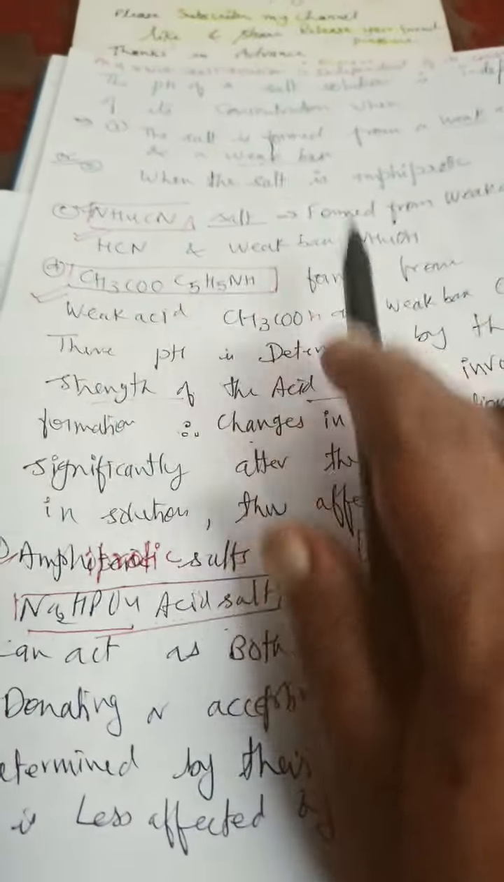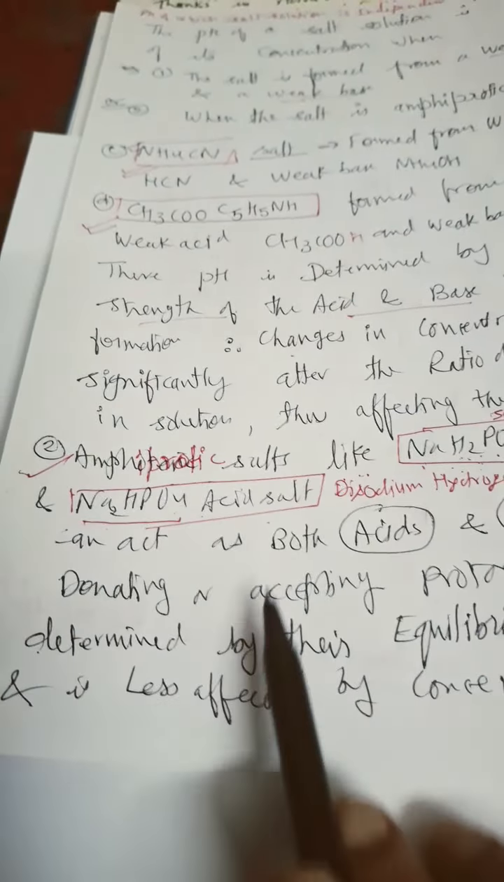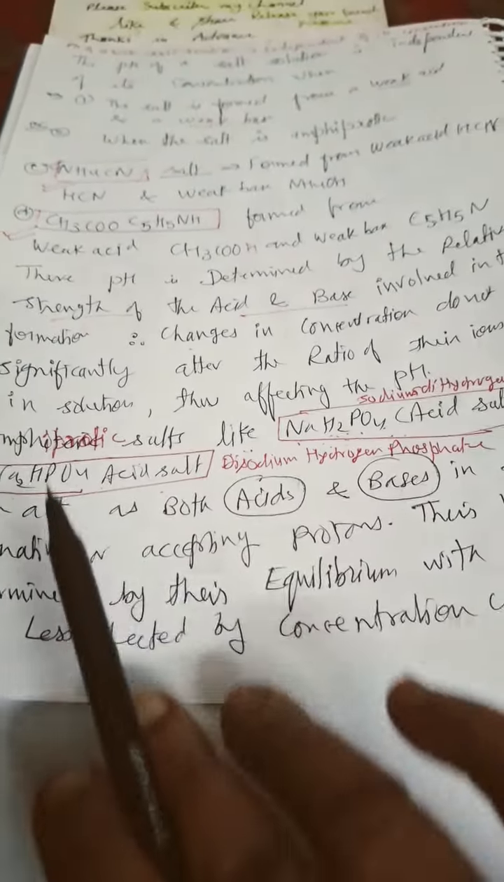Okay, so in this way we have to see. Remember: weak acid weak base, amphiprotic. Amphiprotic means acid salt, so their pH is independent